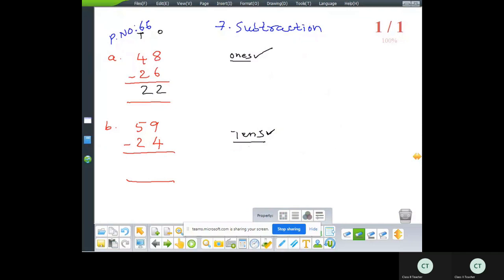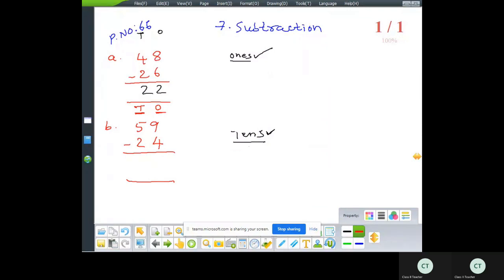Let's now write the place values, 1 and 10. The digits are 9 and 4 in 1's place. 9 minus 4. It means 4 is subtracting from 9. Here 4 is a smaller number. Then subtraction is